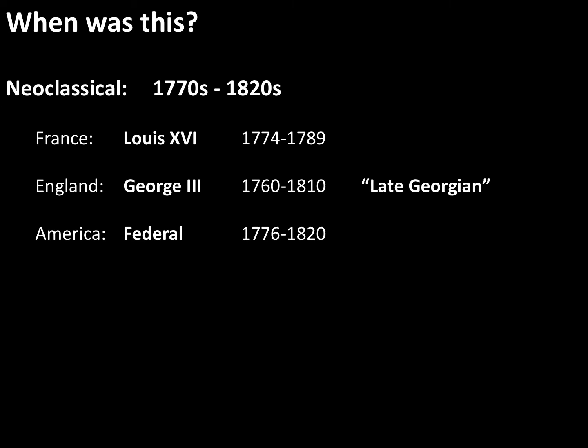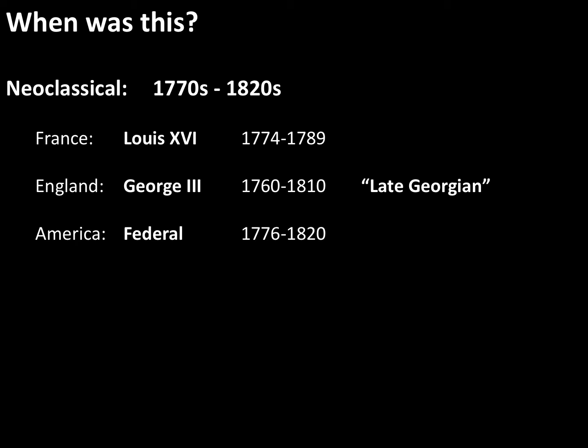The term neoclassical is a rather big term, and roughly it covers from the 1770s up until about the 1820s. And the style happened in these three main centers, in France and England, and actually in America. So we're looking at that late 1700s look. It's just that they have different names depending on which country we're in. So the Louis XVI style is neoclassical. The George III, or what's called late Georgian, is a neoclassical style in England, and the federal style in the